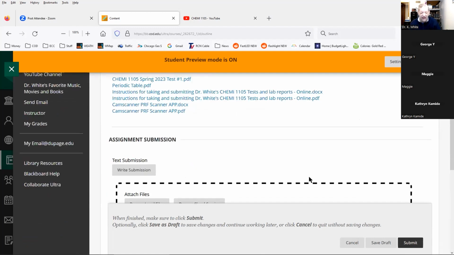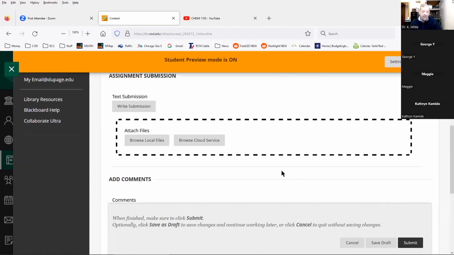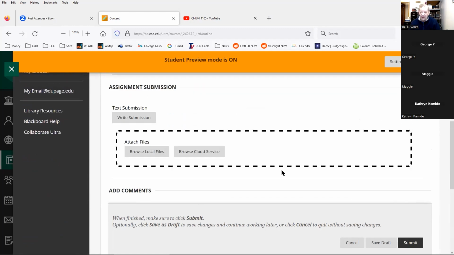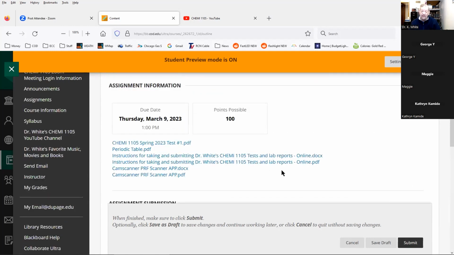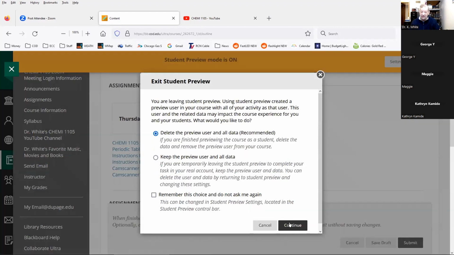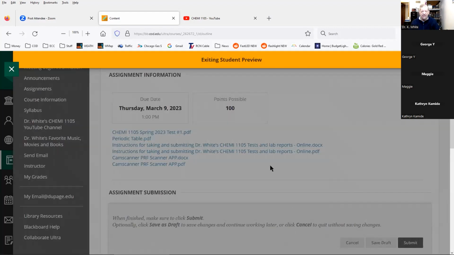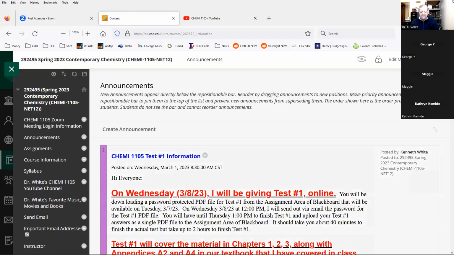Now, the way I have my tests and labs too, you can make more than 1 submission. So if for some reason you put the wrong file, or you put the empty one in, not the one with your answers, you can go back and do it again. Am I nice or what? Don't tell anybody. So I'll be sending that out to you.